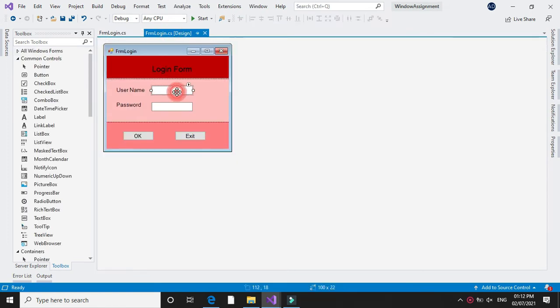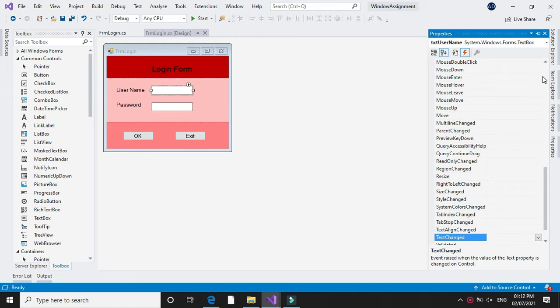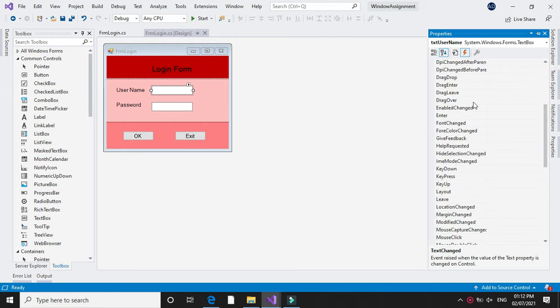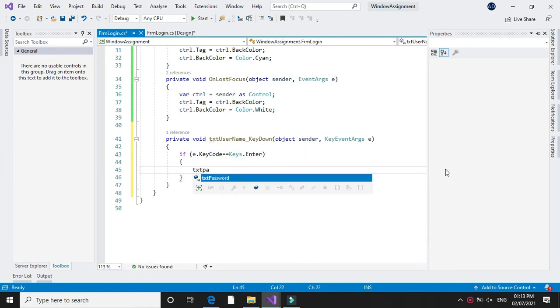Then I will write the key press event or key down event for setting the focus. So from the event window I will write the key down event for username, and here I will check if e.KeyCode equal to Keys.Enter, it will set the focus to password.